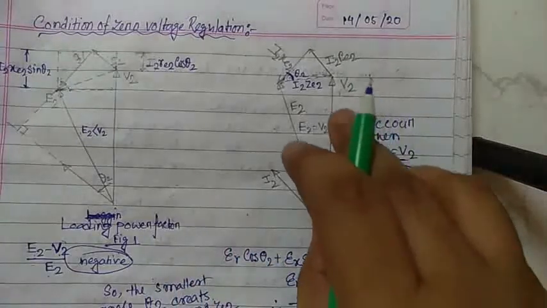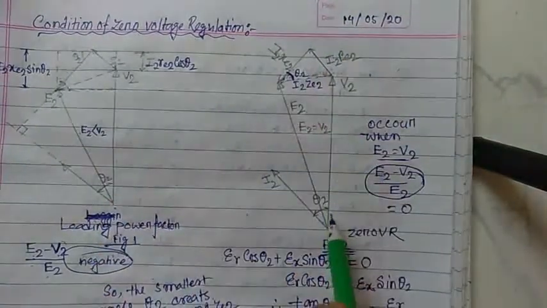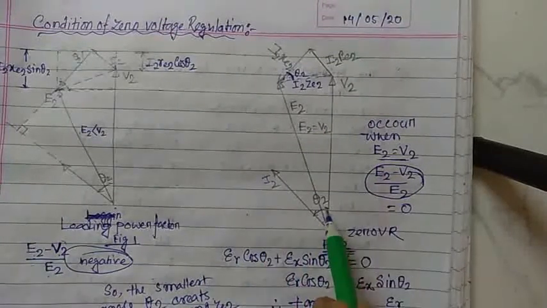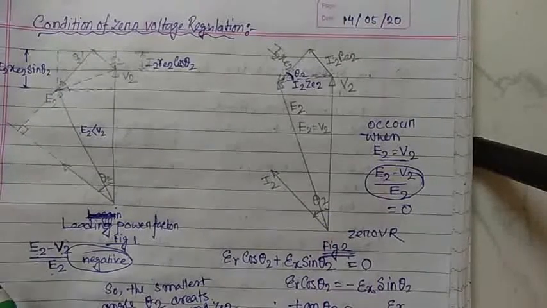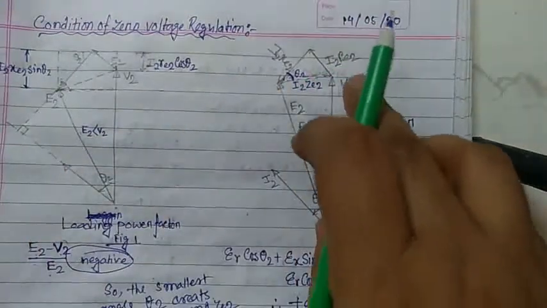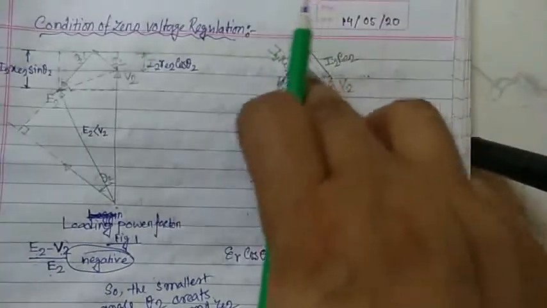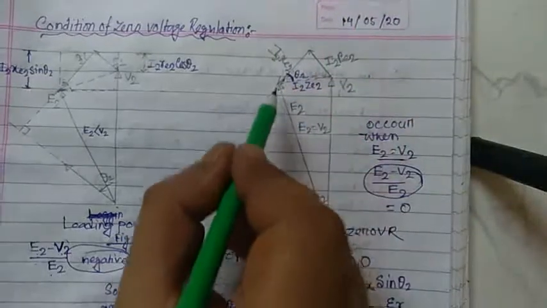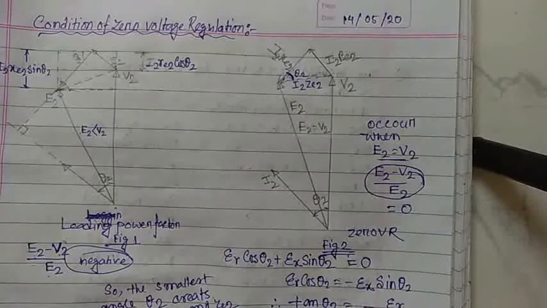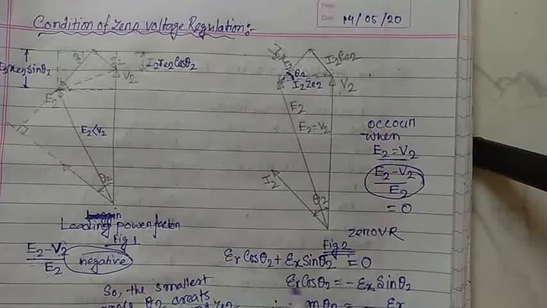First I draw the secondary terminal voltage V2. From V2, the secondary current I2 lags at an angle theta 2. Okay, as E2 is equal to V2, now take a similar arc and draw E2. Okay, so the condition we know,